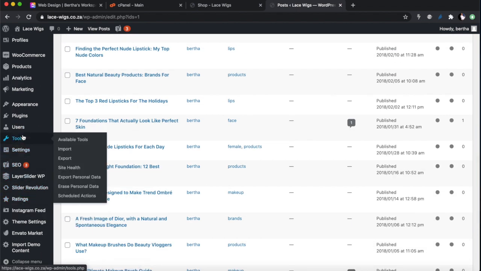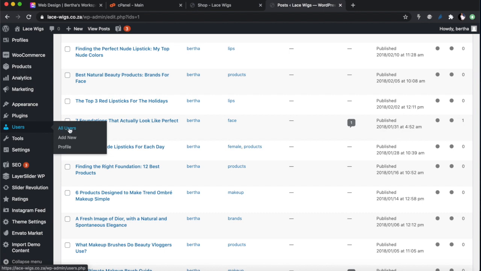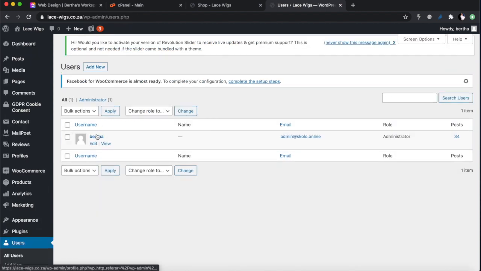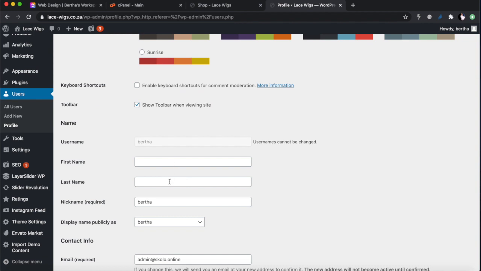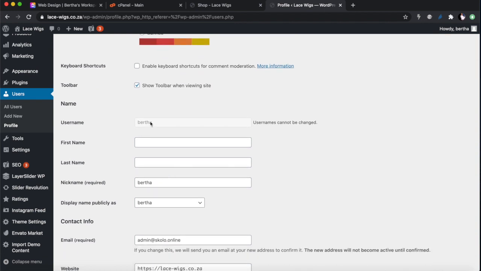If you go to users, all users, you'll see that user there, that's you, that's my email address. I'm going to edit this and change the name to lace wigs admin, and display me as lace wigs admin.